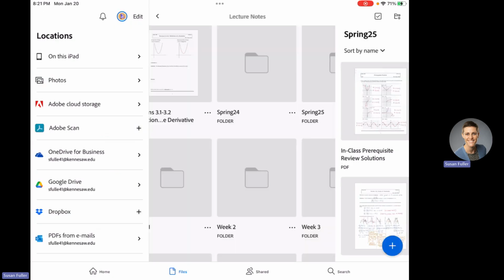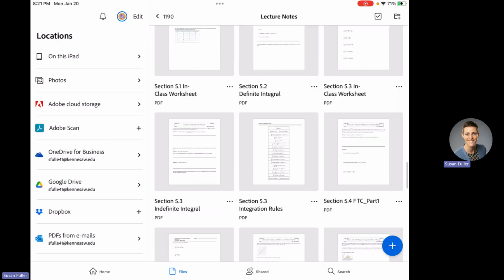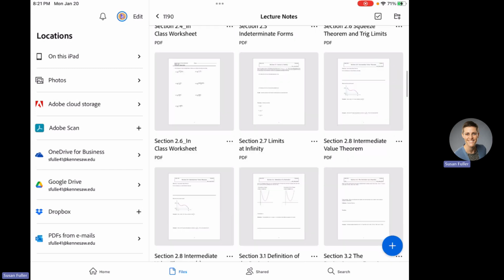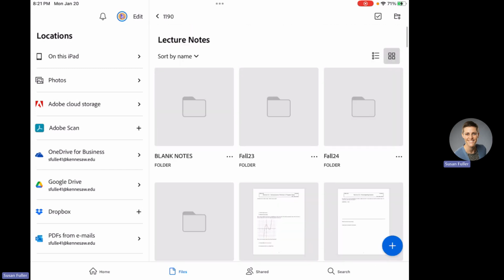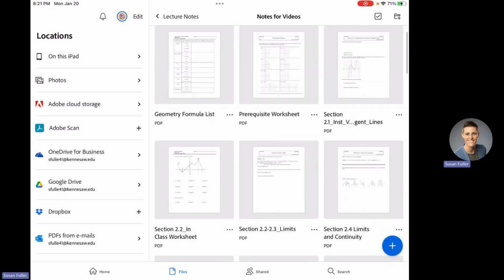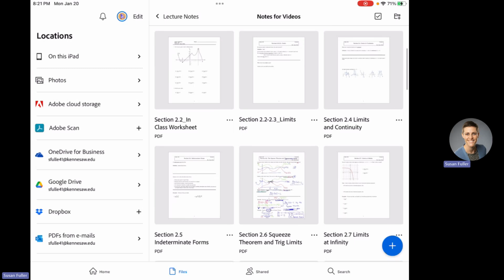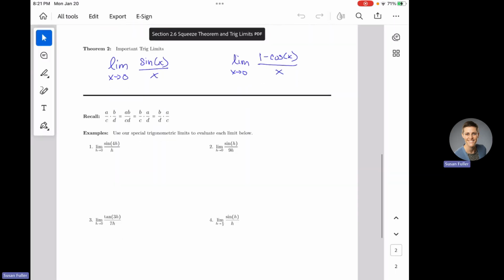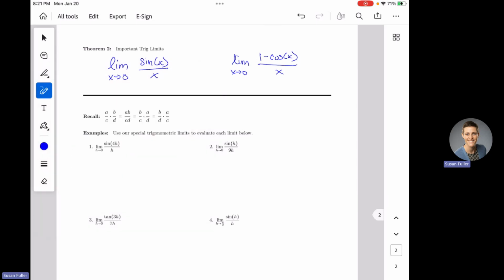So I'm going to come back. And again, forgive my terrible file structure here with all kinds of stuff in here. And I'm going to come back to what we were working on. And I know, because we just looked and figured it out, this limit was equal to 1. We did that in our notes before.